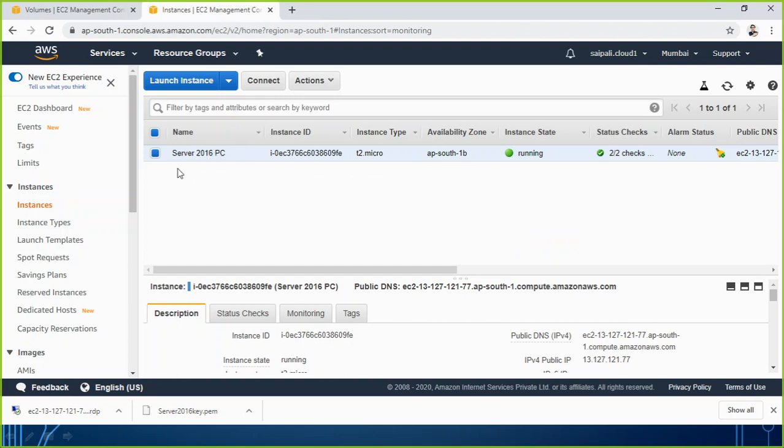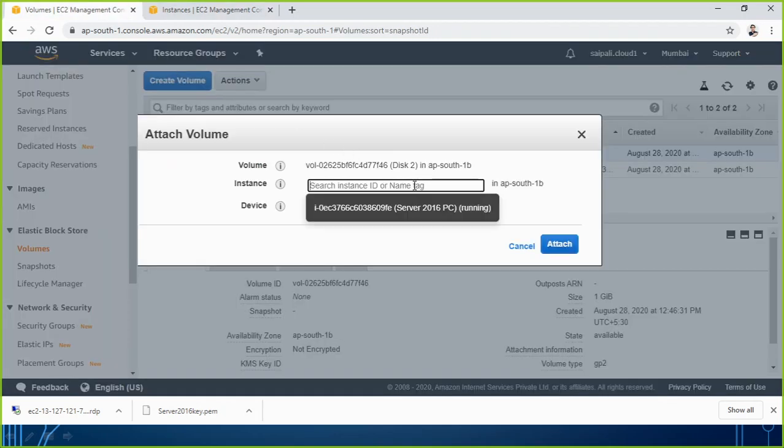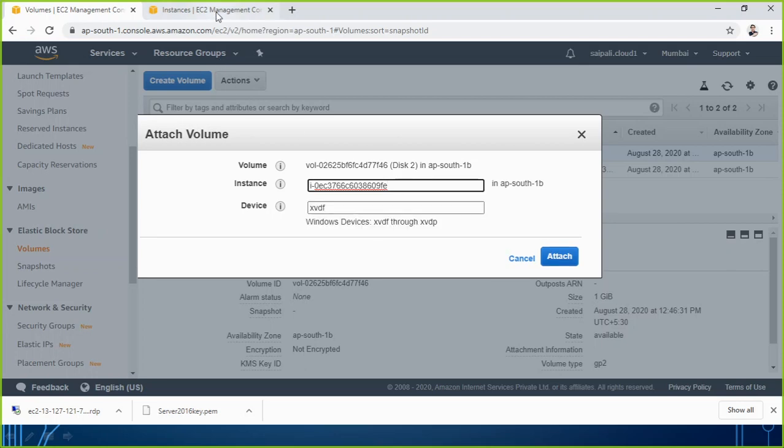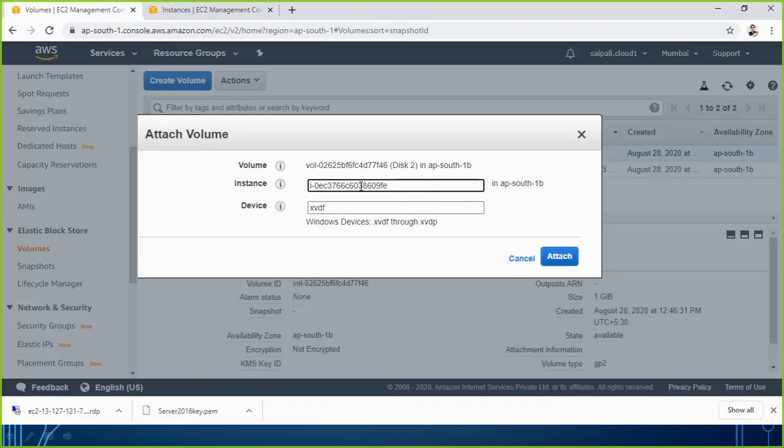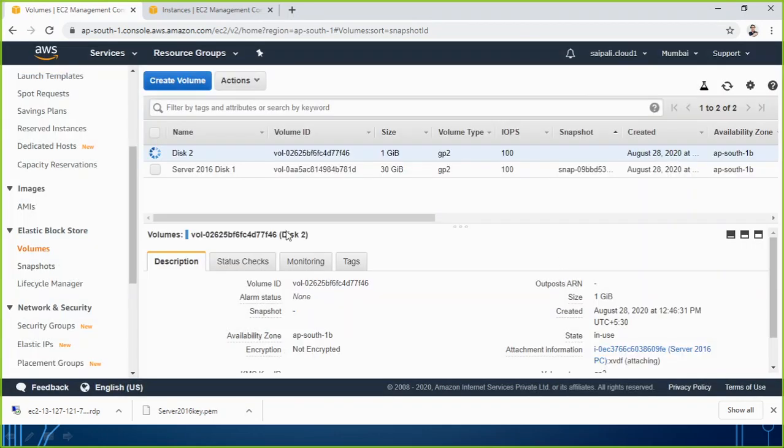What if I had one for Amazon Linux, one for Red Hat Linux, one for Windows Server 2019, one with any other operating system? If you have multiple instances, all those names will appear in this list. But right now only one is appearing. Why? Because as I told you, I have only one instance as of now. So I select that instance, click on attach, and now this hard disk is going to be attached. It is still in process. You can check from here.